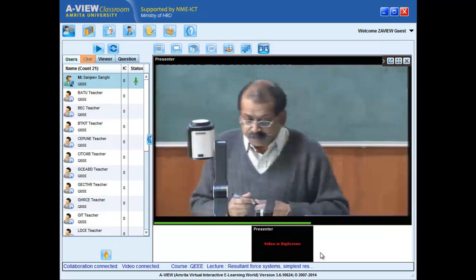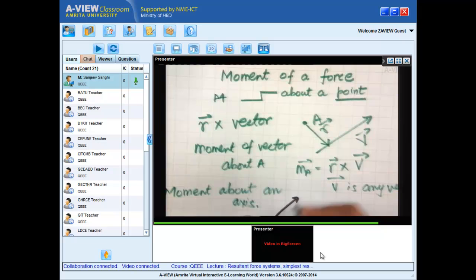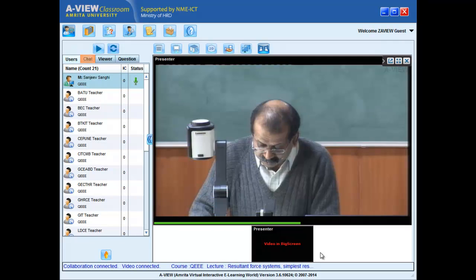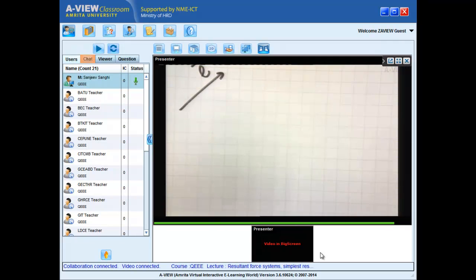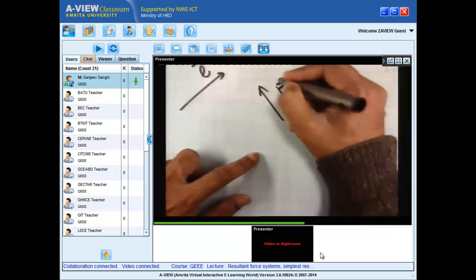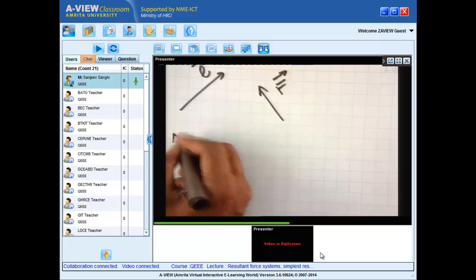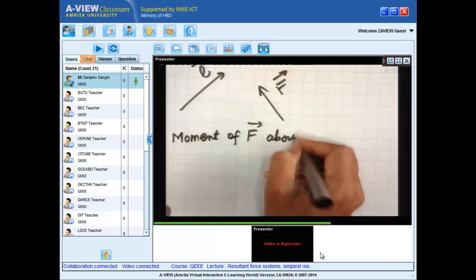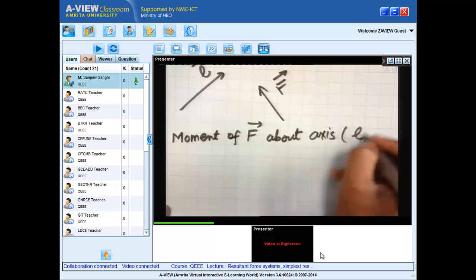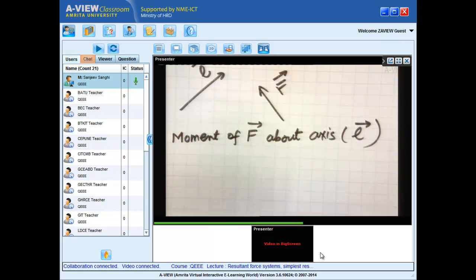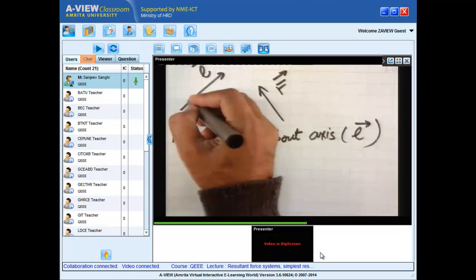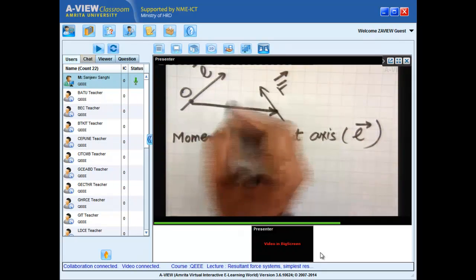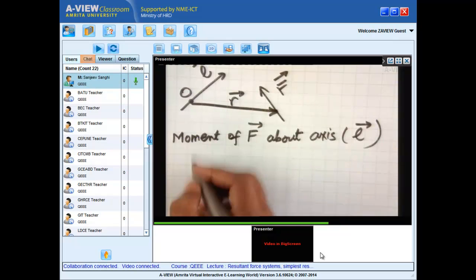Briefly to recapitulate, what we did was, if we have an axis which we denoted by a line L, and there was a force F, to find moment of the force F about the axis, what we do is we choose any point O on the axis, we calculate moment of the force about point O,